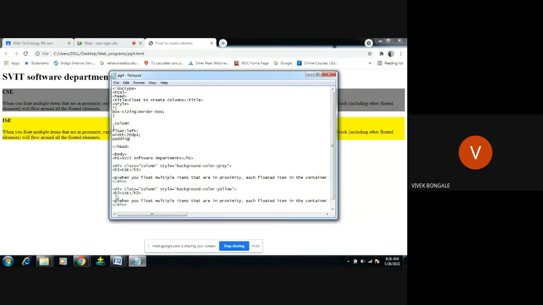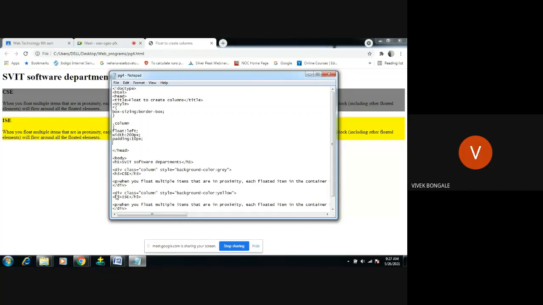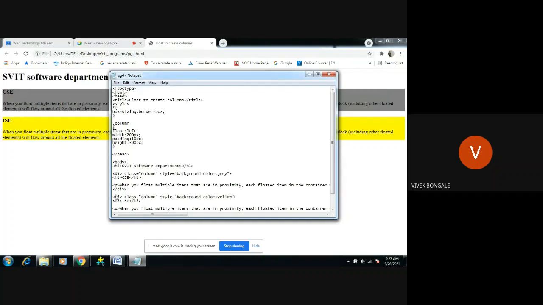Padding means the space between the margin and the box part. So padding I will do something like 10 pixels, and height I will give like 300 pixels. This style rule will be applied for both CSC and ISC.